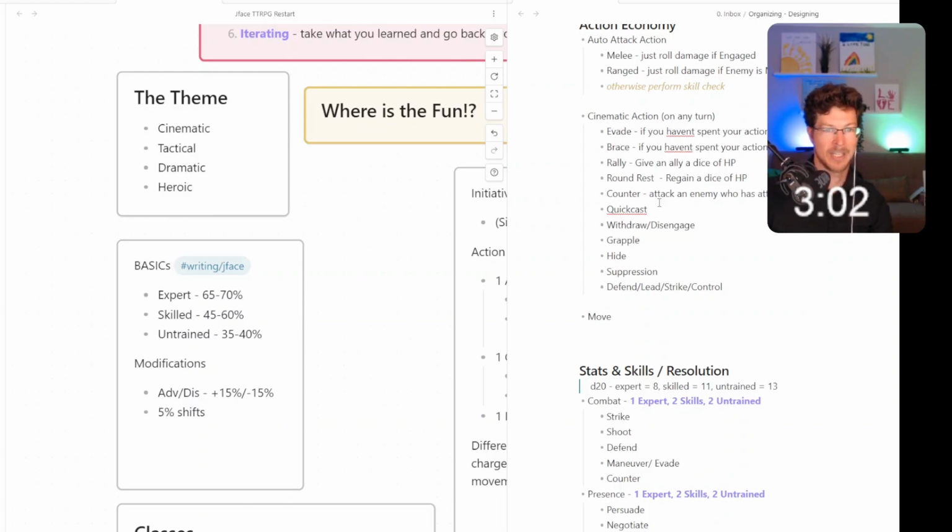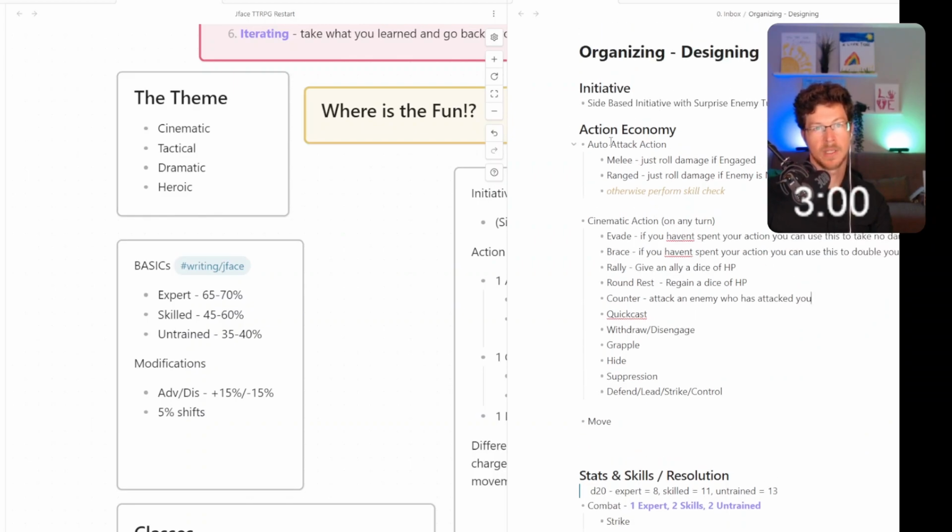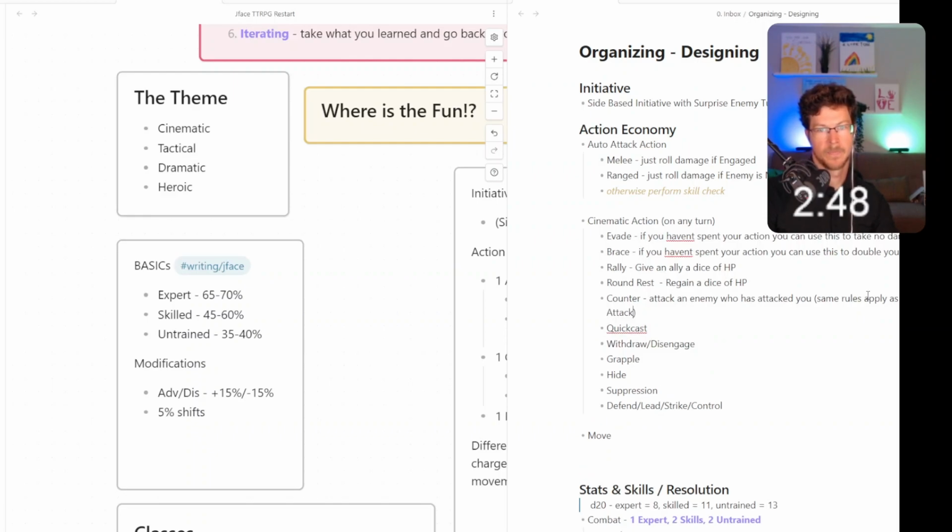So you are getting a free attack. But same rules apply as auto attack, right? Meaning melee or ranged and engaged or not. Quick cast, we don't have magic. No magic yet.